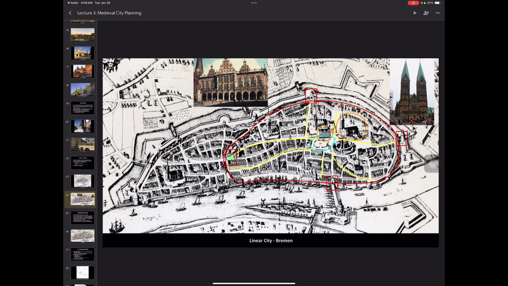And so over time, we do begin to develop a secondary marketplace in this space right here, which is why you see it's kind of this bigger funnel, because at some point it was a secondary market. And eventually, the people that begin to sell their goods there decide that they don't want to pay the tax to go inside to sell it. Why would they do that when they could just set up out here and people can just cross over the moat, buy their goods, and come back into the city?